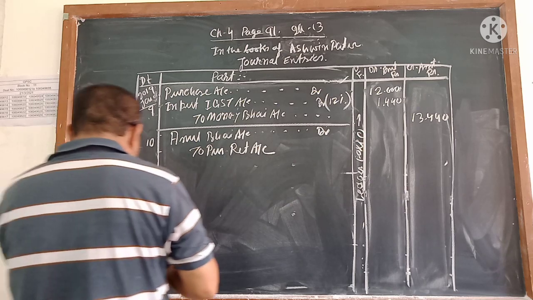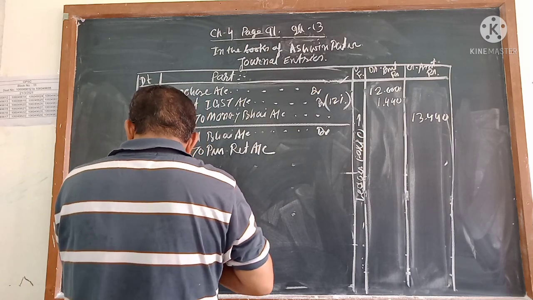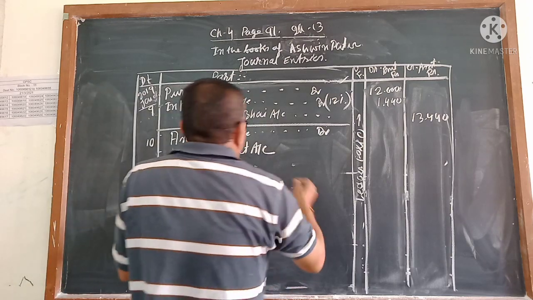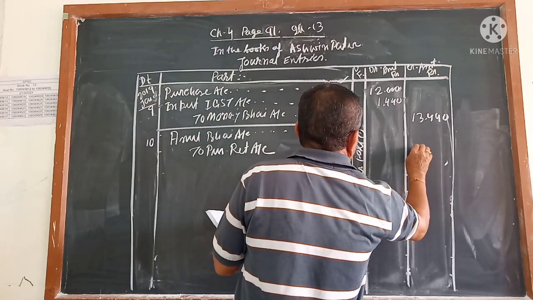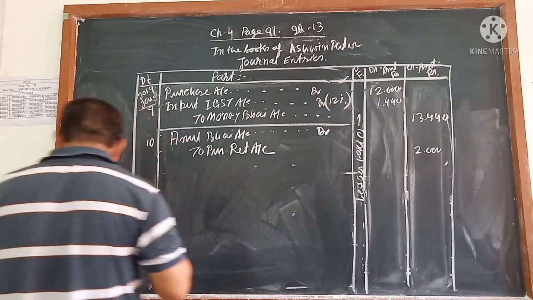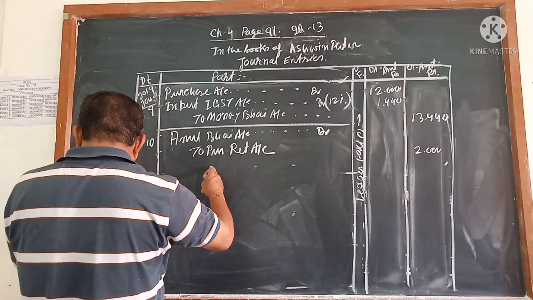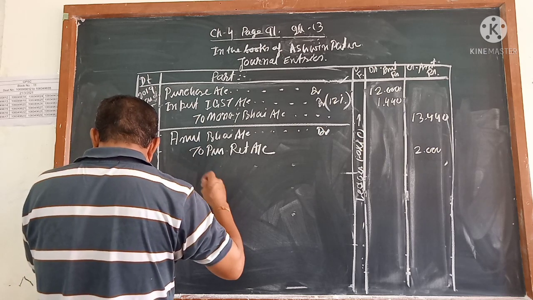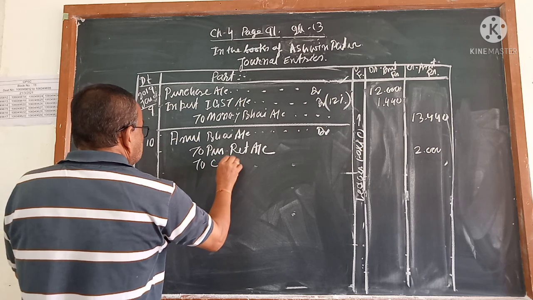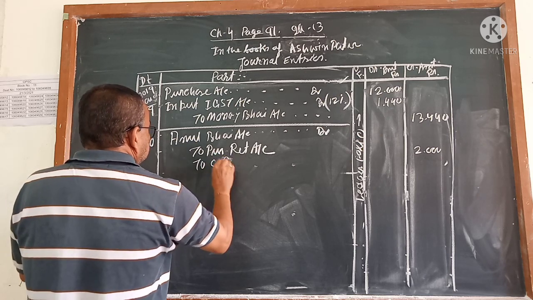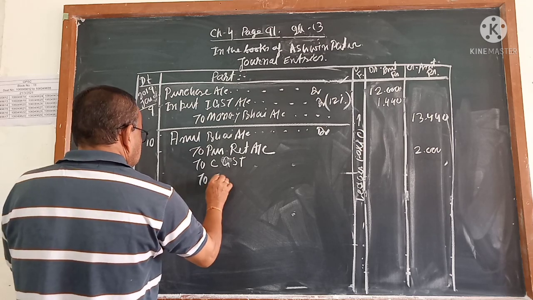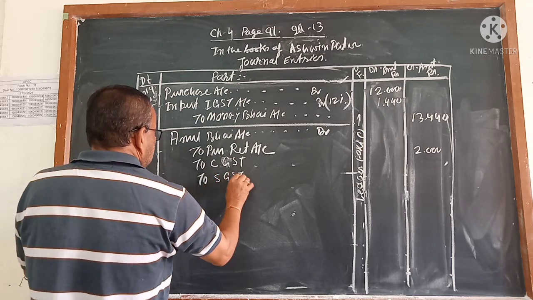Purchase return, how much goods Amul bhai is going to give? That is I think 2,000, is not it? So first you write this 2,000. Amul bhai account, that you don't write first. Then purchase return के साथ अभी सेंट्रल और स्टेट GST भी एप्लीकेबल होगा. To central GST, to state GST account.